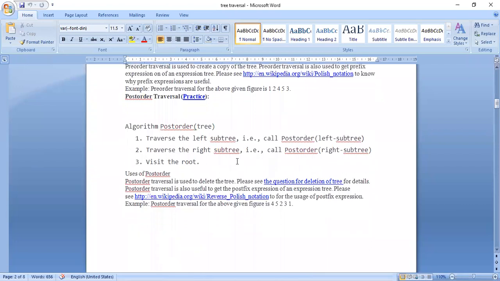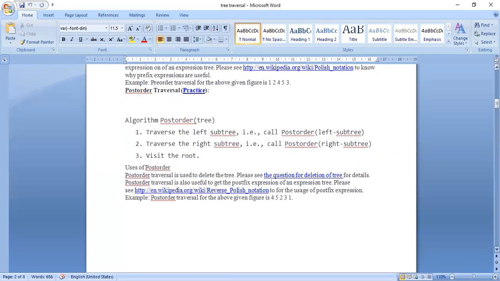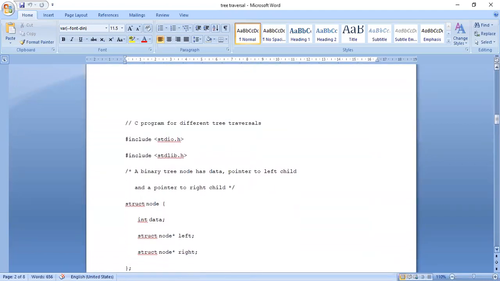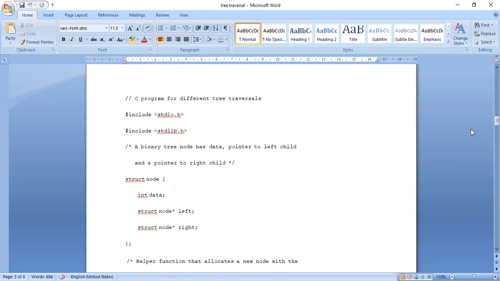So in the same way, post order. Traverse the left subtree, next traverse the right subtree, next visit the node. In that left subtree also, there are many nodes. Again, how do I have to visit those nodes? Again, I should use the same algorithm. Post order of left subtree. In that left subtree also, I should follow the post order visiting of the nodes. In the right subtree also, I should follow the post order of visiting the nodes. You can see, those are the algorithms.